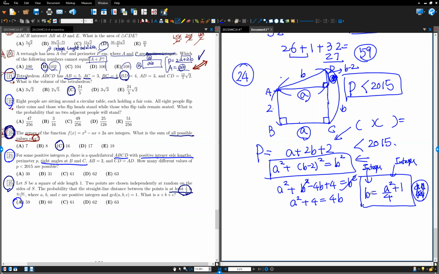All right, now put this value of b inside P. What is the perimeter? A plus 2 times this one, a squared over 2, isn't it? Two times this one is a squared over 2, and plus 2 again, plus 2, and we have another one. So the total is how much? A squared over 2 plus